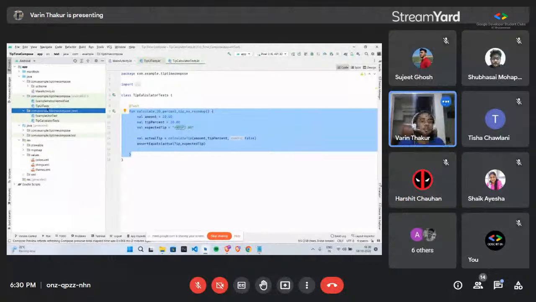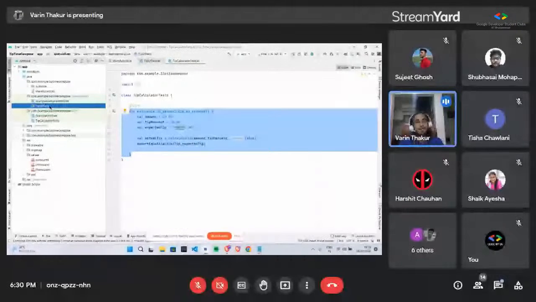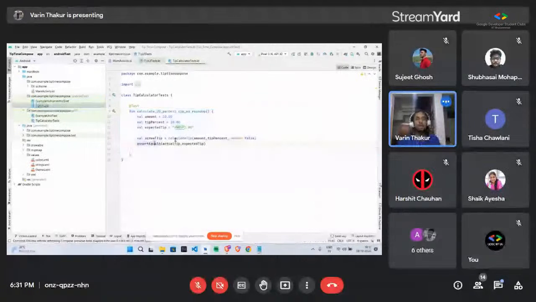If we create a class here and in that class we create a function, the compiler would automatically know when it is annotated with the @Test notation that it is a test, and that function would be used to test a UI. So let's look at